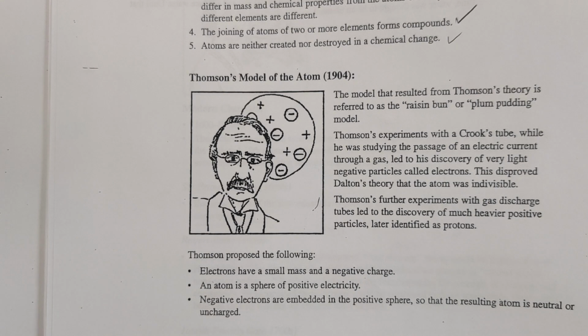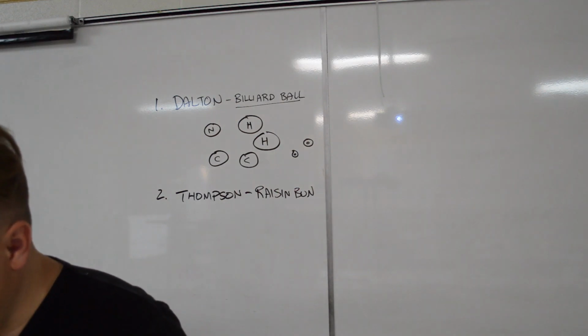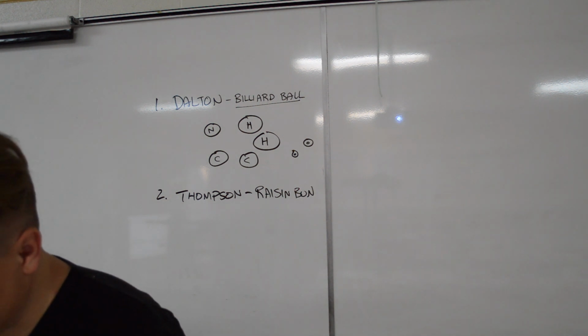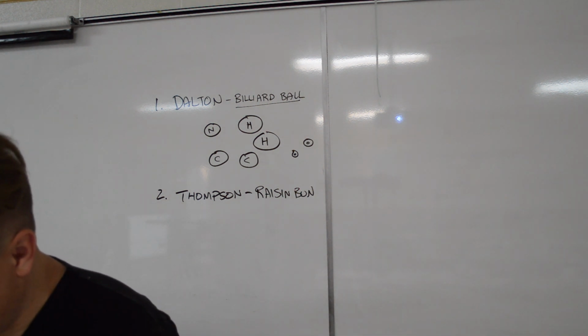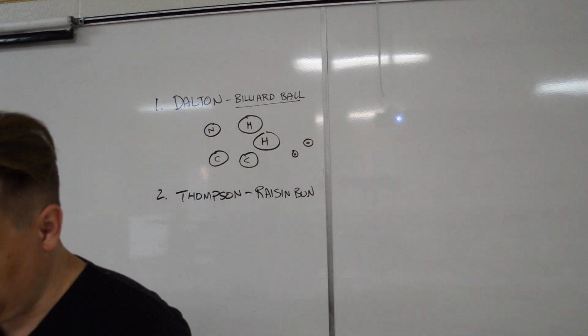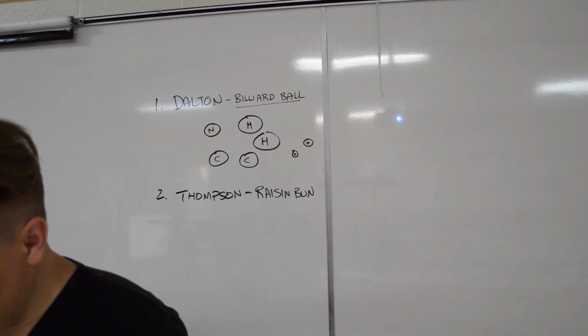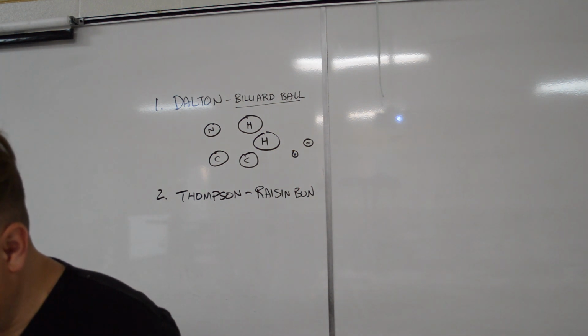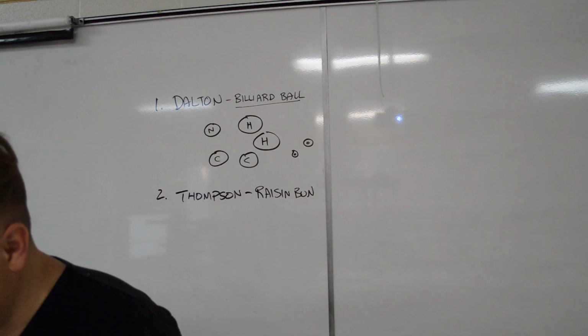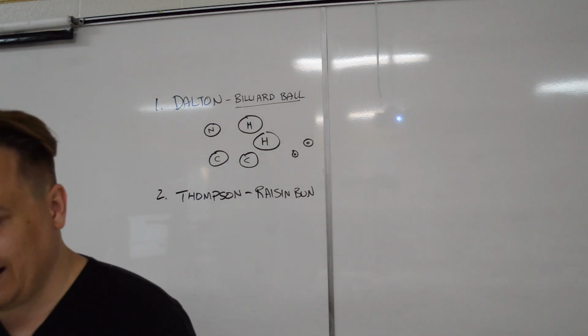The model that resulted from Thomson's theory is referred to as the raisin bun or plum pudding model. Thomson experimented with a Crookes tube while he was studying the passage of electric current through a gas. This led to his discovery of a very light negative particle called electrons. This disproved Dalton's theory that an atom was indivisible. Thomson further experimented with gas discharge tubes, which led to the discovery of much heavier positive particles, later identified as